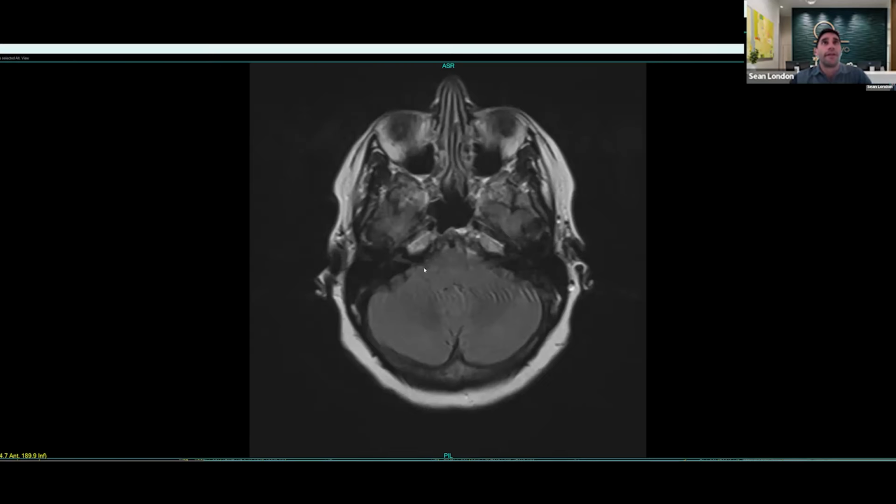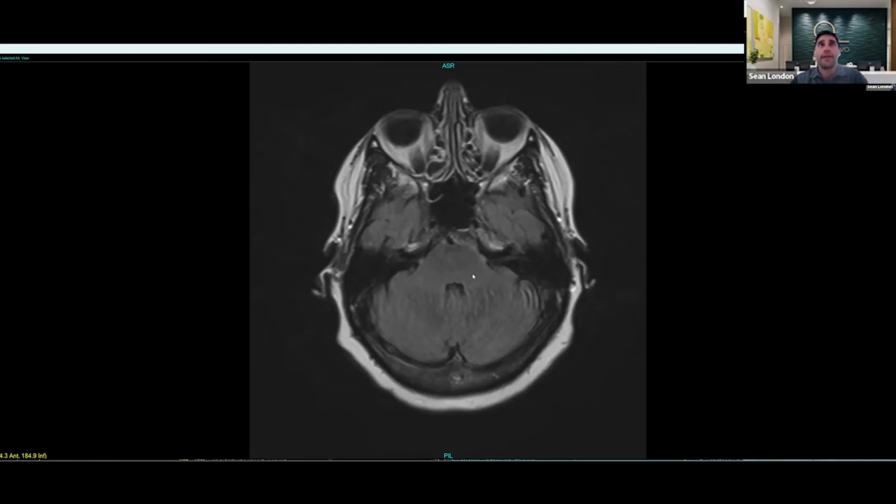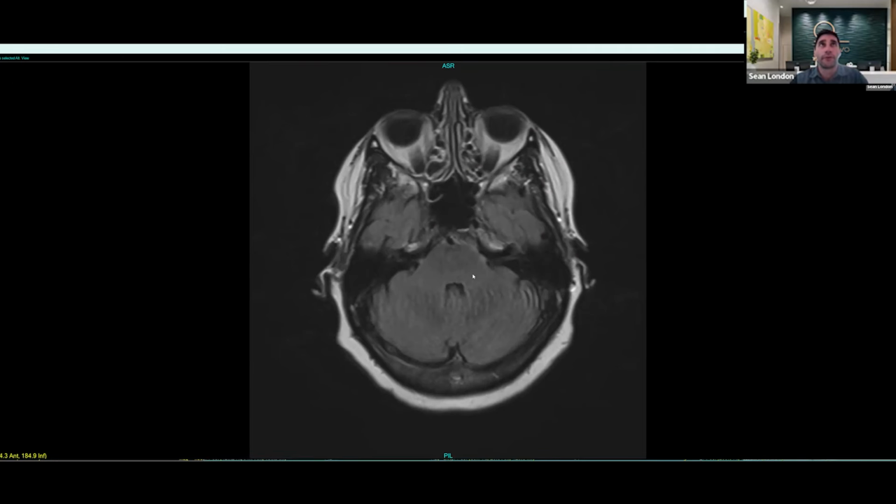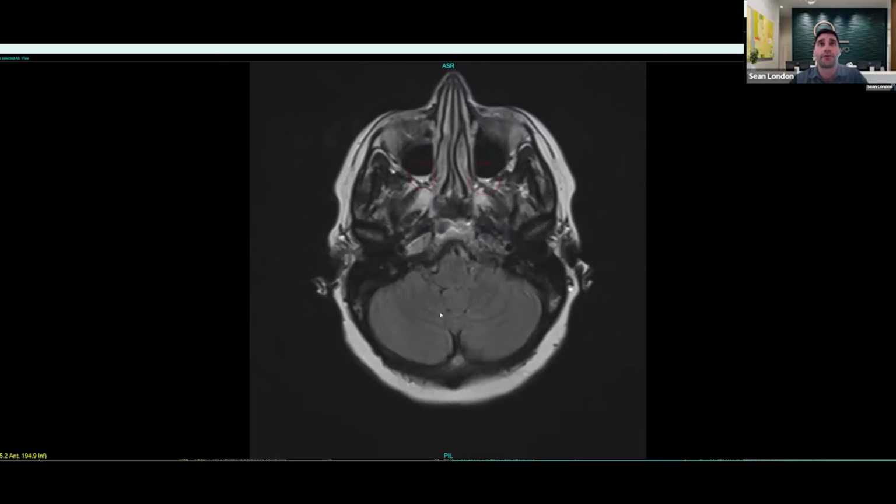Here, we're looking at the brain, and this is called axial orientation. And so I'm starting at the inferior portion by the skull base. And just to orient everybody, in the axial orientation, the image is actually flipped. So this is your right eye, and this is the left eye here. And so as I start at the inferior portion,